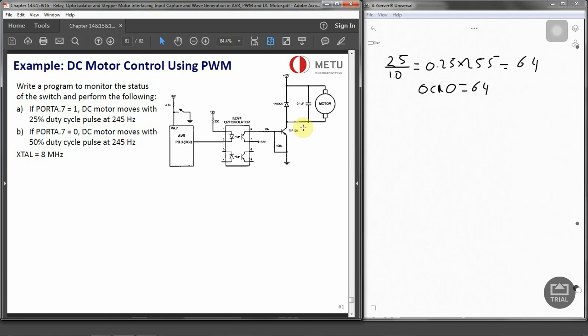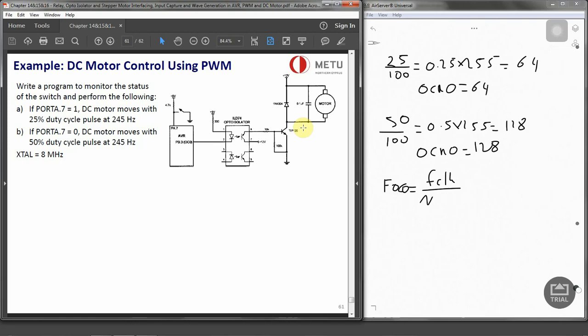And 50% duty cycle is 0.5 times 255, which is going to be 128. So OCR0 is going to be 128. And if we have the FOC0 formula with F clock divided by N times 510, if we use phase